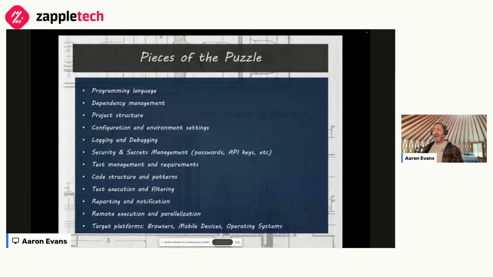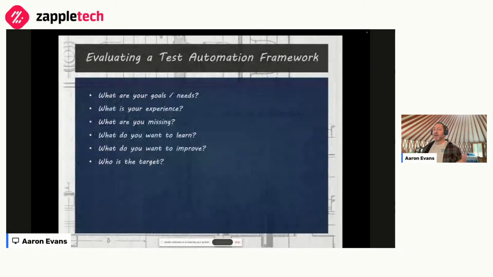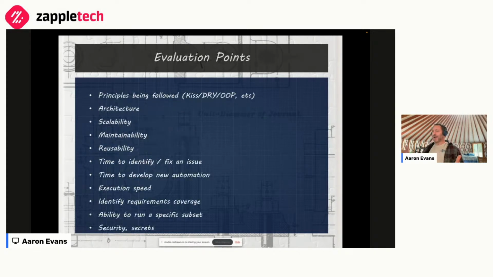These are things that you need to decide when you're building a test framework, and then evaluating a test framework. Here are the questions you might want to ask. What are your goals? Again, these aren't always the same for everyone. What experience do you have? Do you want to use a GUI tool, a record and playback tool, versus code? It depends on the skill set or inclinations of your testers. What do you want to learn and what do you want to improve when you evaluate a test framework? I really feel like I've missed out on the punch because I wanted to talk about how we build and evaluate a framework, but I talked too much.